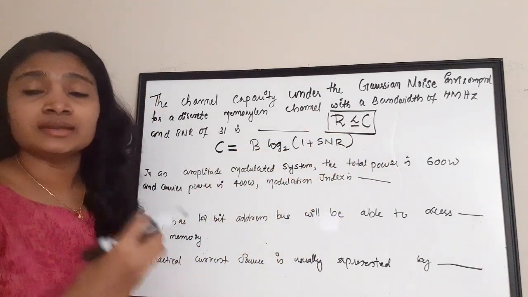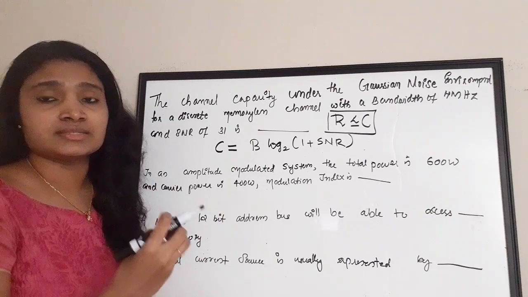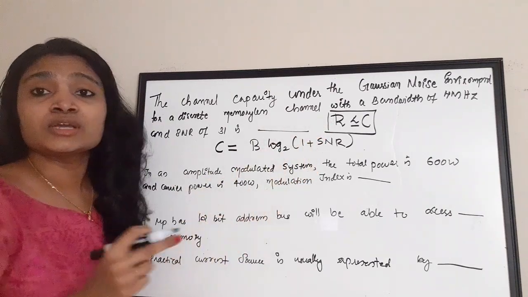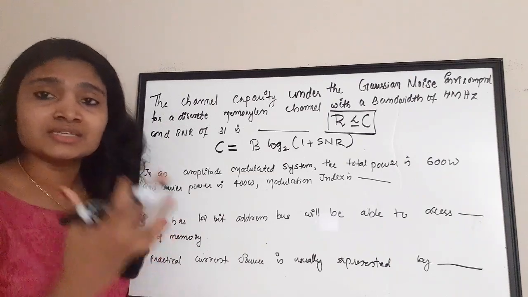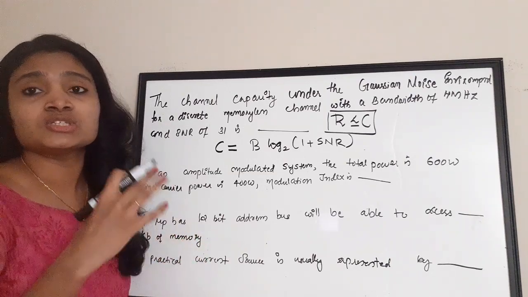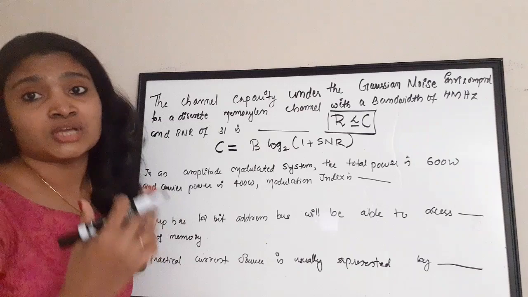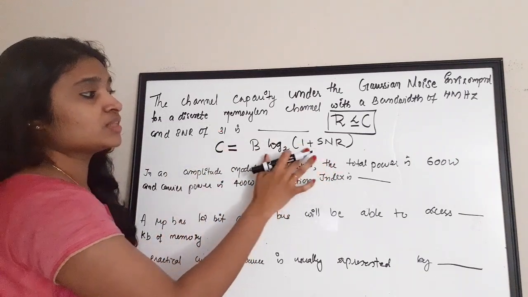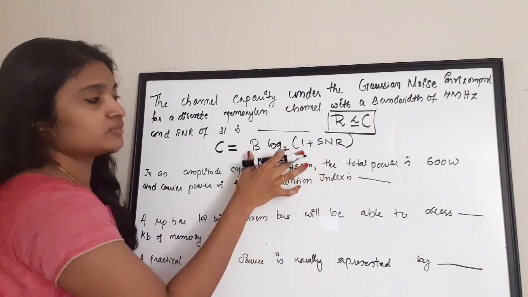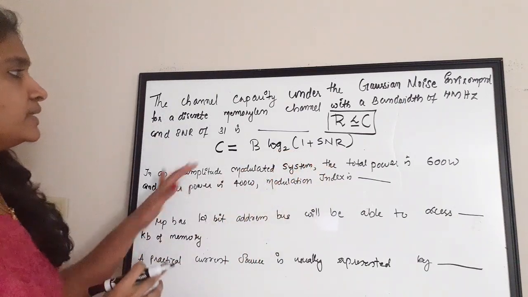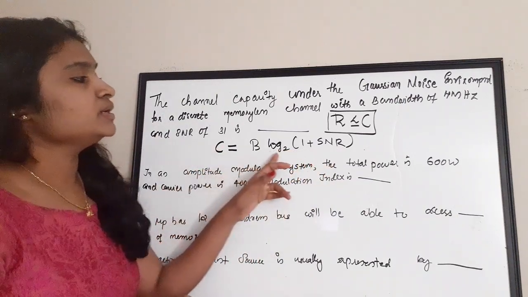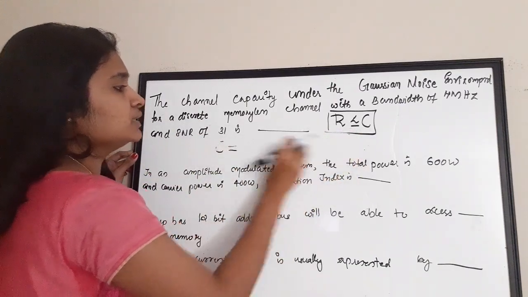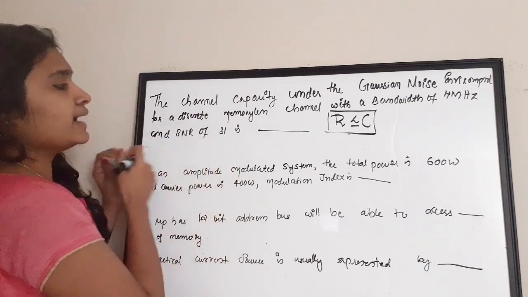That is, whenever we are sending some data, you have to select a data rate R less than or equal to the maximum channel capacity. Otherwise, it will lead to error, since the channel is an errorful channel, it can have errors. So the maximum channel capacity for error-free transmission is given by C is equal to B log 2 (1 plus SNR). Okay, so I'm going to apply the equation directly because I have the value